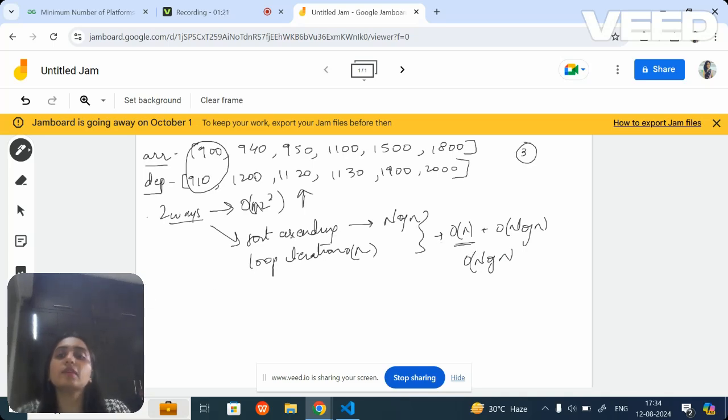So now, after we've understood we need to use this approach, let's go to the second approach. And why do we need to use it? Because obviously the time taken for the second approach will be lesser than the time taken for the first approach. So let's go to the second approach solution.